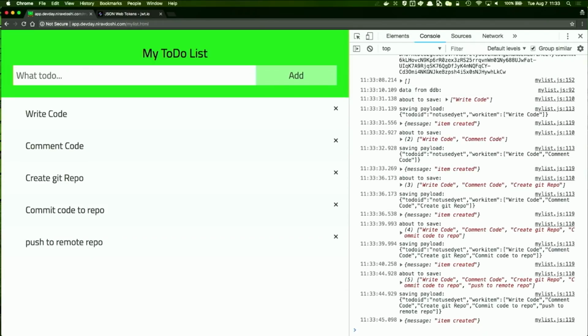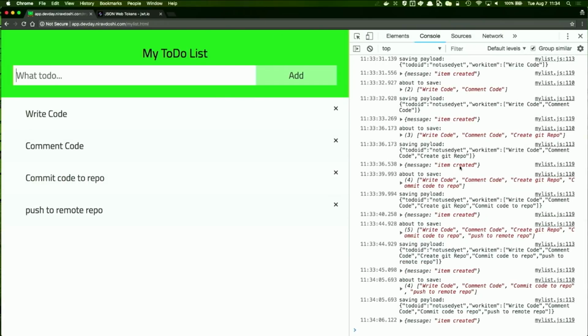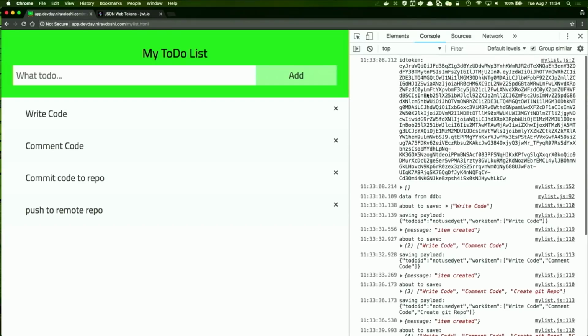All these activities, creating an individual new item in the to-do list, is all being done with my backend. The backend receives the token as part of its request. With that, it knows which user this is, and it knows that this is a valid user, a valid session. I can remove items, and I can add more items, and you can see that in all cases, we have the ID token associated with it.